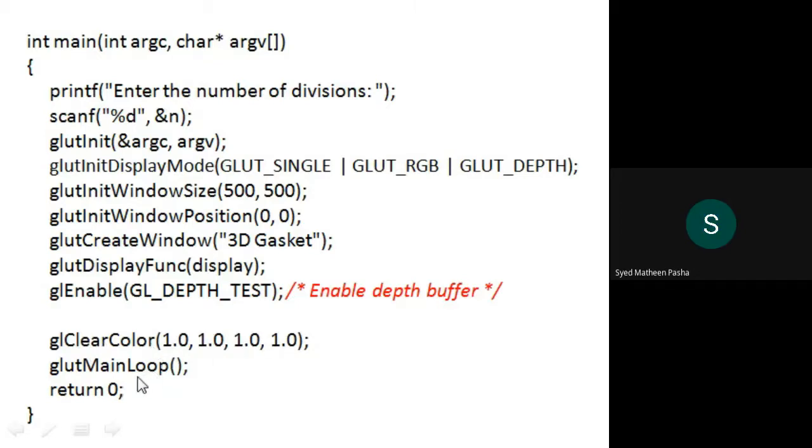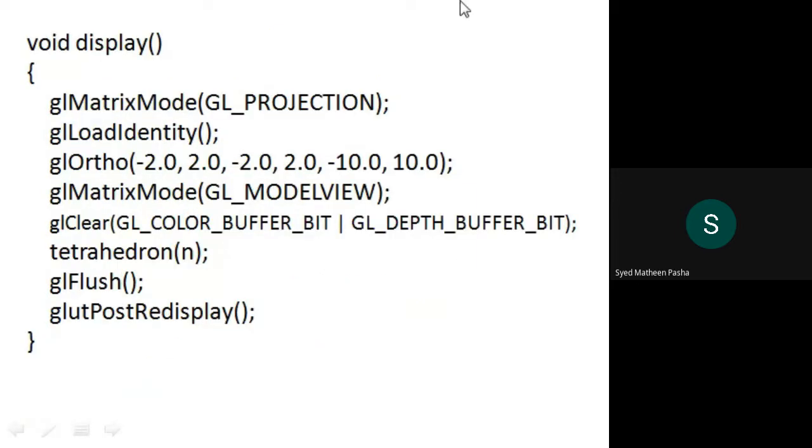Then I'll put the main function into a loop and I'll come out of the loop. Now I should go to the display function basically, because I have called the display function here. Now I have jumped to the display function because I have called the function in the main function. Then I'll be using glMatrixMode to specify what kind of matrix it is. You are giving GL_PROJECTION as the type, then I will load the identity matrix.